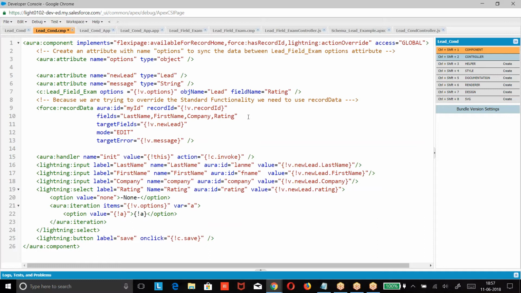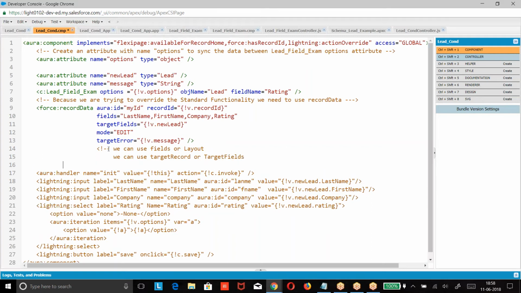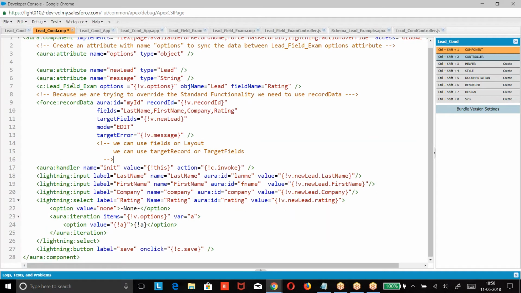Here also we can use fields attribute or target record. Either layout or fields, either target record or target fields, any one is sufficient.